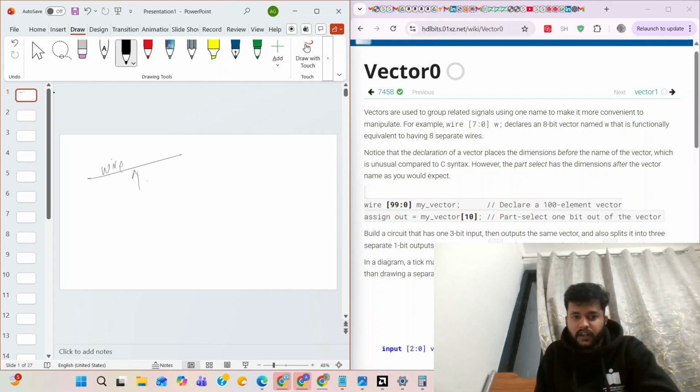By default it will store a 1-bit value only. But if you define that wire as [3:0] and type the name, say, my name only, Ayush, then it will be created like that.